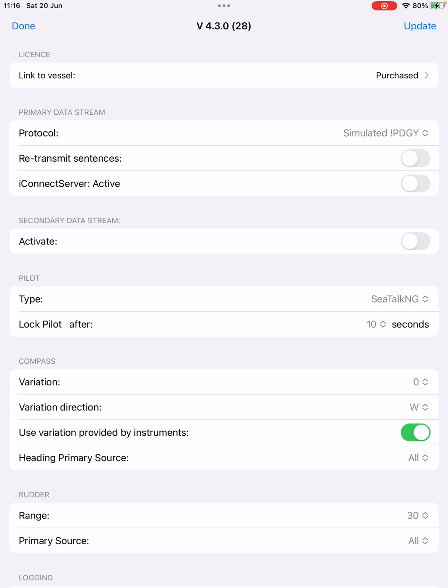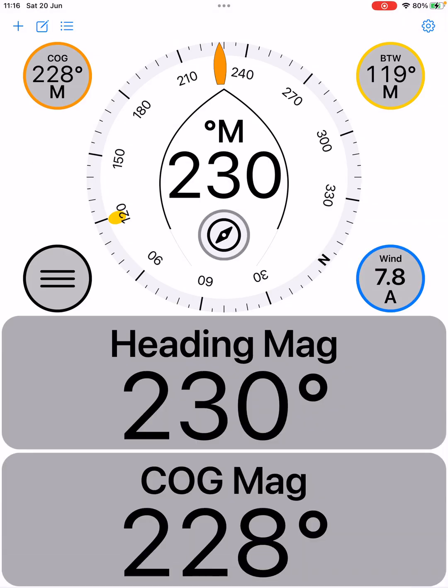For a lot of people, they have one compass, and that works perfectly well. But if I tap that line there, you'll see that we've got two numbers there, 2 and 128. What that is saying is that there are two sources of heading actually appearing on this NMEA 2000 system. Okay, so I'm going to leave it as all, and we're going to tap done to get out of here,